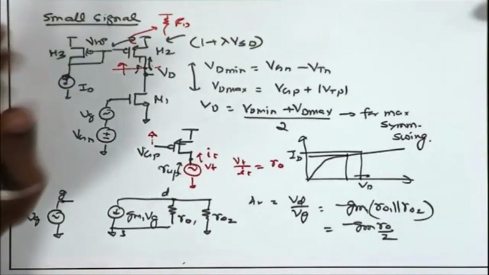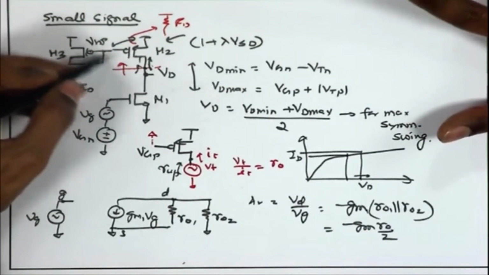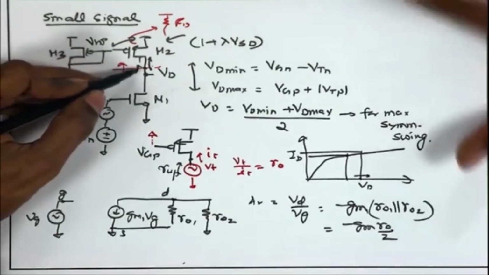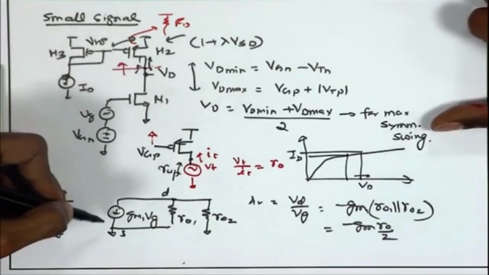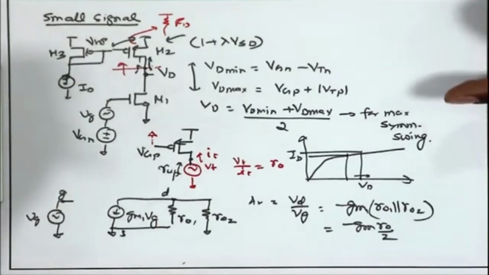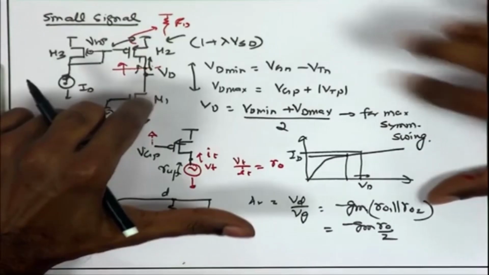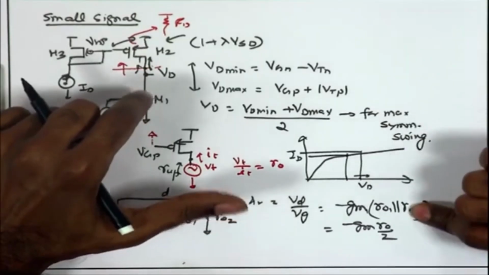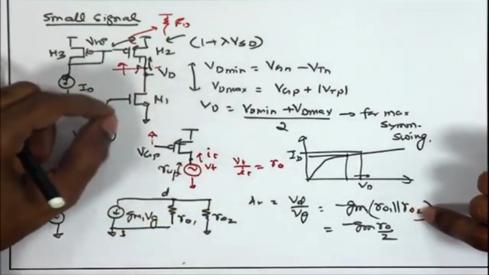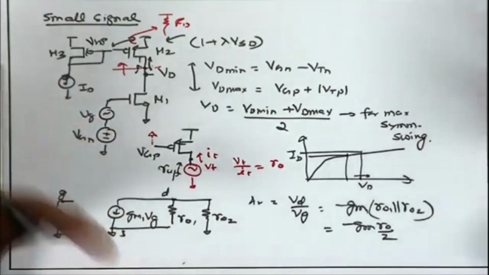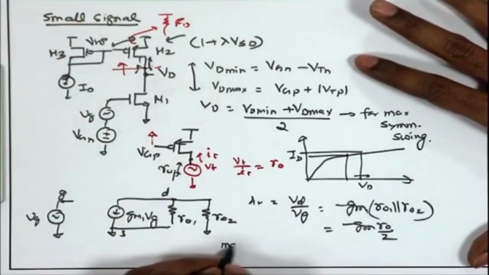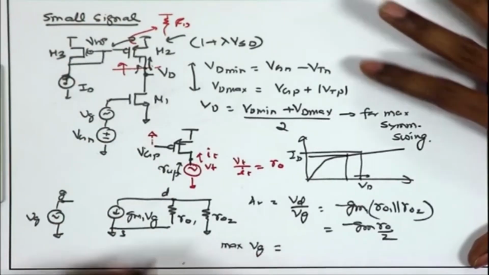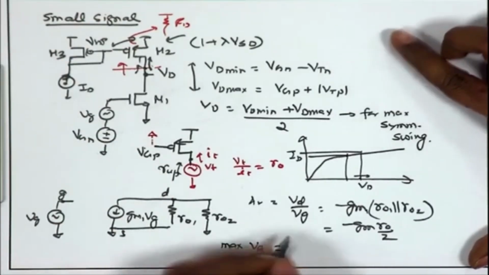So, once again we have seen the DC analysis, we have seen the swing, what is the maximum signal swing allowed at the output, and we are looking into the small signal gain. Now, from the swing and the gain information, I can also figure out what is the maximum input signal swing that can be allowed in this case. So, max Vg, that is the input signal, can be written as